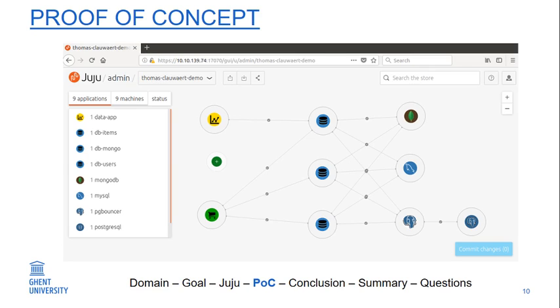All they do is request a database from my generic database service. So all they need to do is add a relation and literally type in the code: request MySQL, comma, users. Request Postgres, comma, items. Request Mongo, comma, shipment. And everything else will be performed automatically by the generic database service in the middle, right?